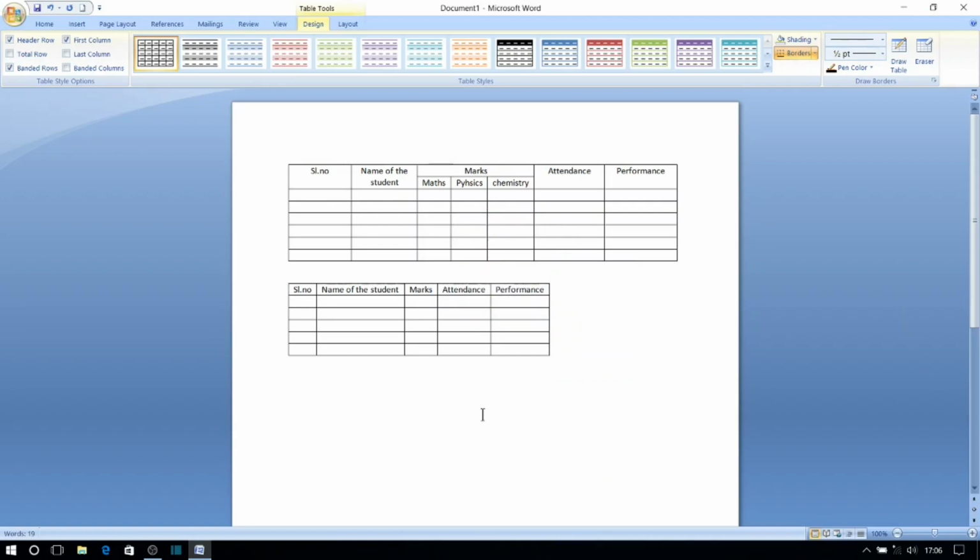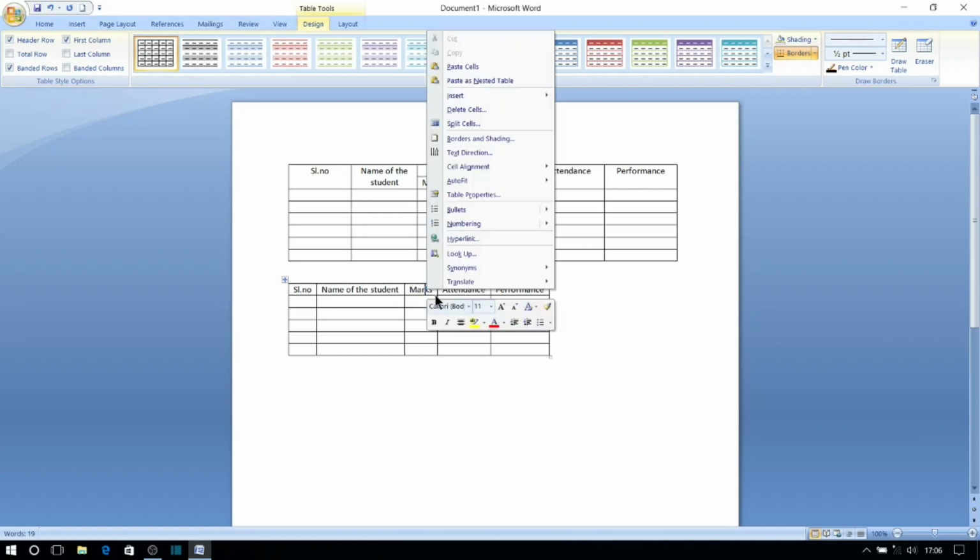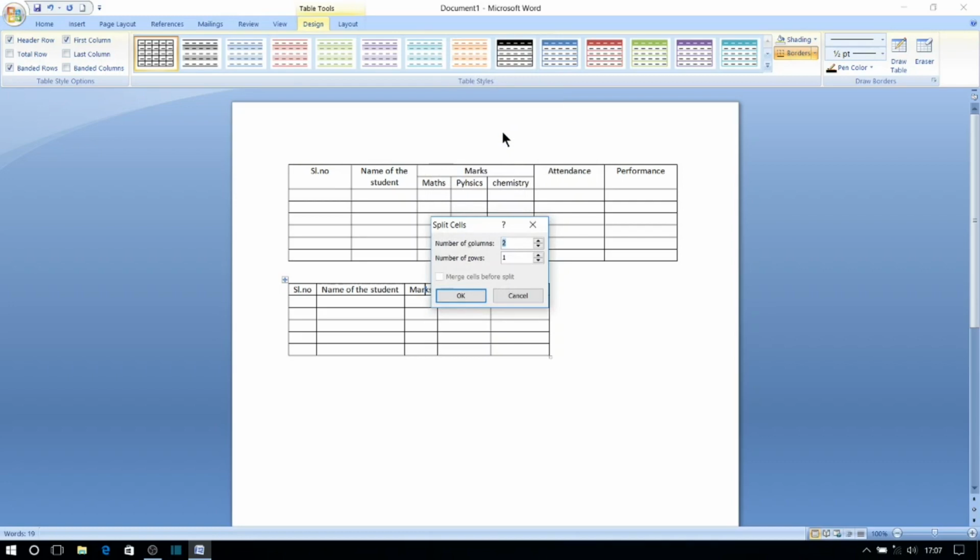Let us see how these cells are split into number of cells as we desire to enter the contents we have, as we did in the first type of table. Let us select this first row and act as we did in the first table. Go to the split cells and select the number of column as 1 and rows as 2. Now the same way it has been divided into 2 rows.